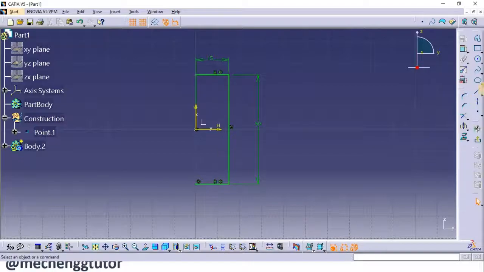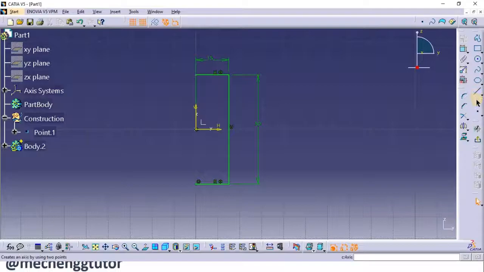So now I'll just do one thing. I'll draw a line over here from this point to this point so that it becomes completely constrained. And if you see, I have drawn here the axis line. So how to draw this axis line? I'll just undo this axis line and I'll show you once again how to draw this axis line.